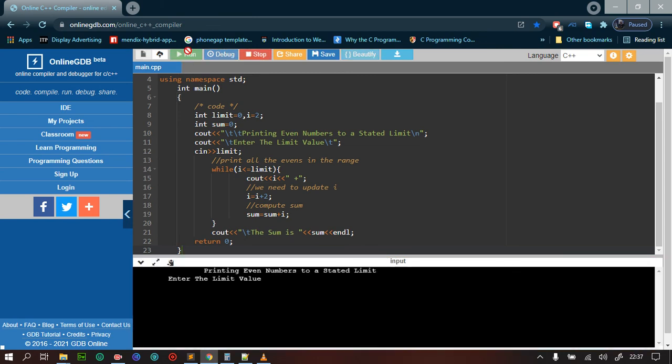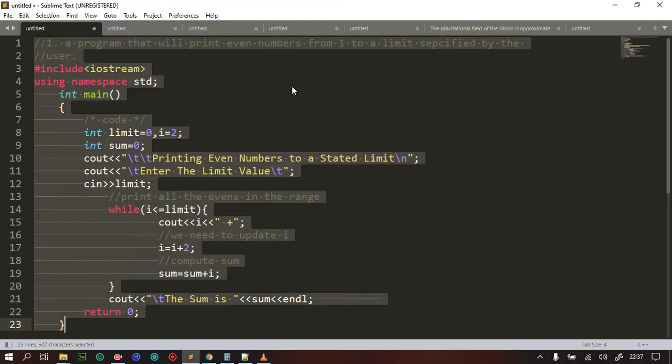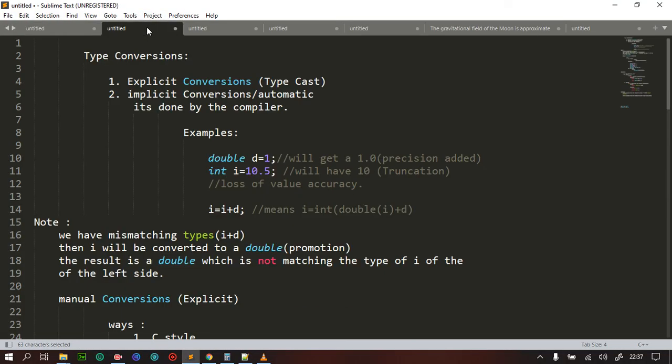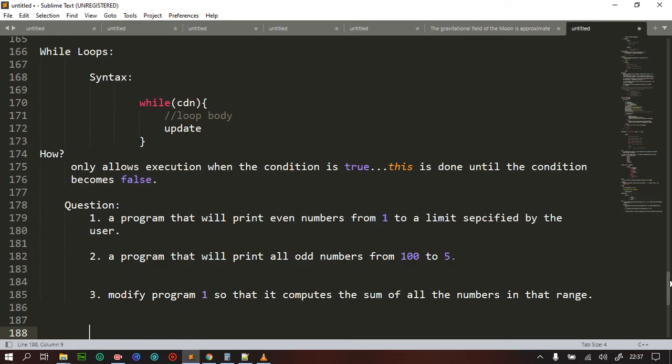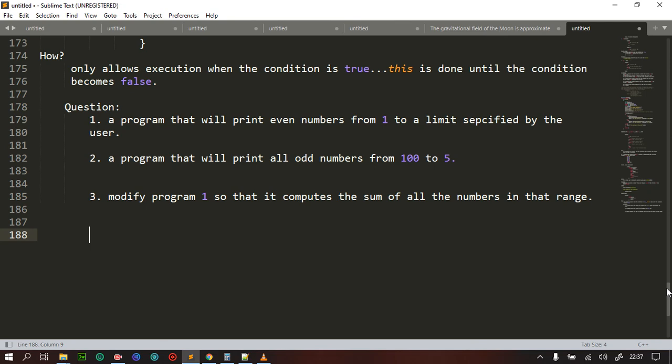So my limit value is 20, so it's gonna be 2 plus 4 plus 6 plus 8 plus 10 plus 12 plus 14 plus 16 plus 18 plus 20, the sum is 130. So guys, we are trying to understand what we call the while loop. So please endeavor to do as many questions as possible